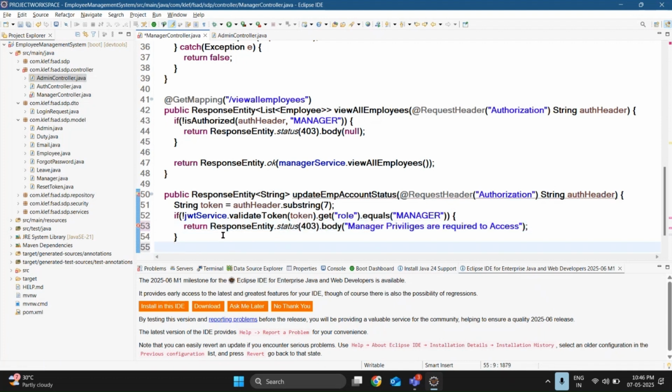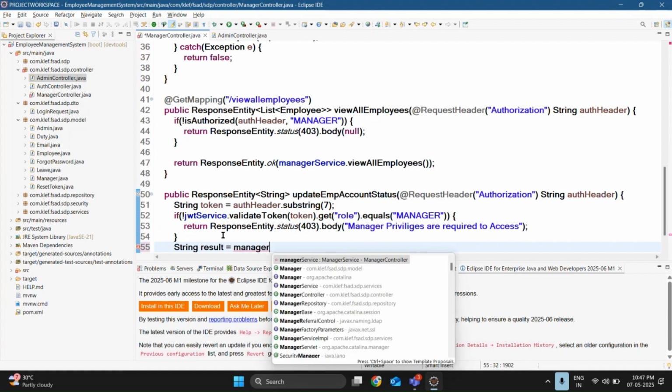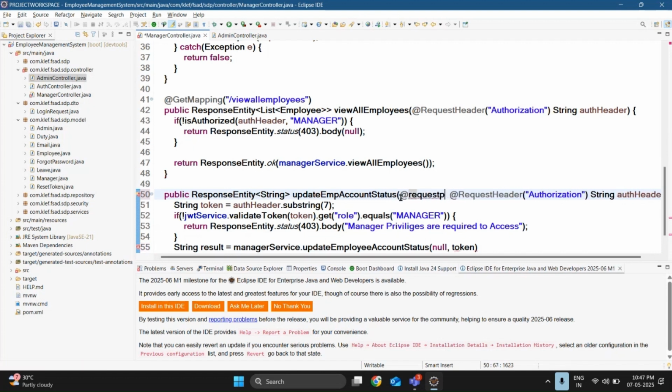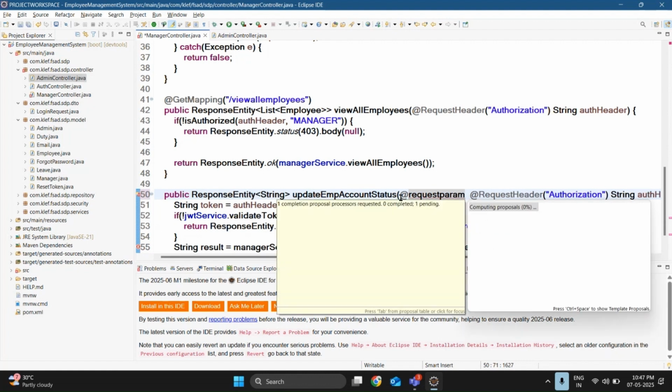If the manager accesses the page, we'll simply update the method. String result is equal to manager service dot update employee account status. For updating the employee account status, we need to pass status as well as ID also. So pass request param of